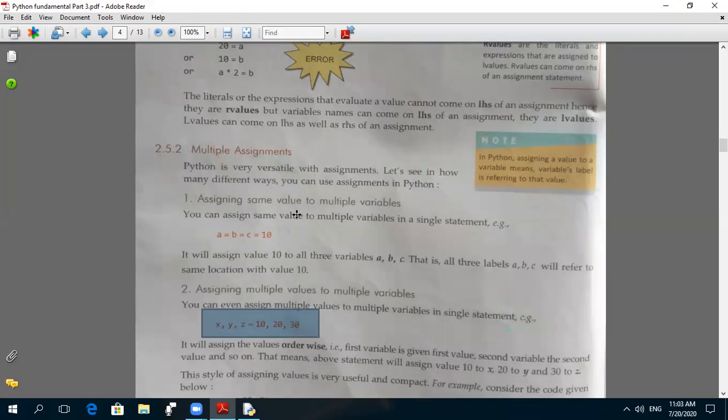First point is assigning the same value to multiple variables. Same value means 10, assigned to variables a, b and c, whereas the second point is assigning multiple values to multiple variables. That means this 10 is first assigned to variable x, then the second value, 20, is assigned to variable y, and then 30 is assigned to variable z.